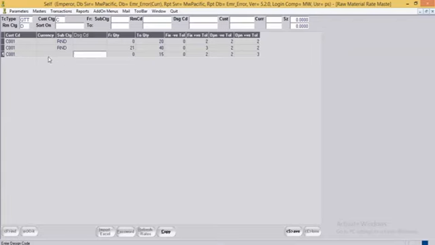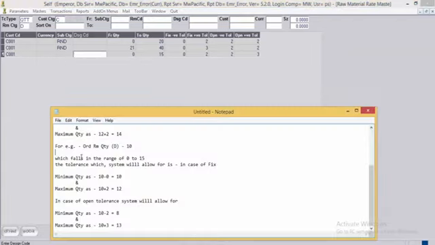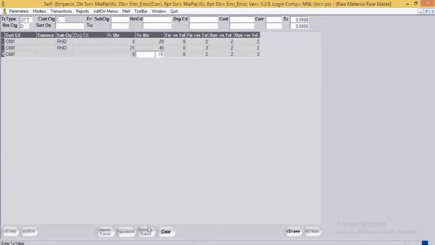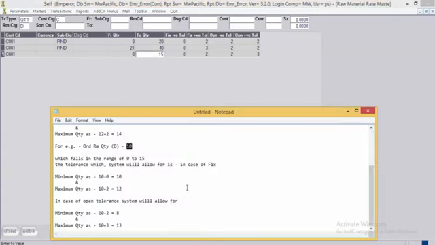Now, what does this row mean? For example, in the order, the total of RM quantity for RM category D is 10, which falls in the range of 0 to 15. The tolerance which system will allow for is, in the case of fixed tolerance, the minimum quantity is 10 and the maximum quantity is 12.